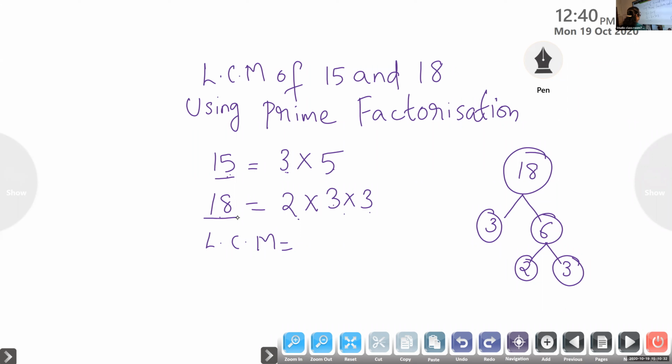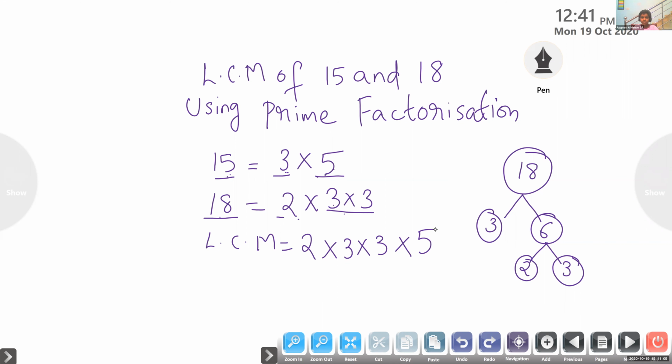Okay. So here, 2 is repeated how many times at maximum? 1 time. So we can write 2, and here 3 is 1 time, here 2 times. So we have to write the maximum number. Which is the maximum? 3 into 3. Very good, because 3 is repeated 2 times. And here 5 is repeated how many times? 1 time. So we have to check the maximum number of times each number is repeated.